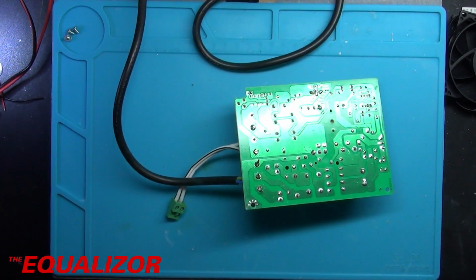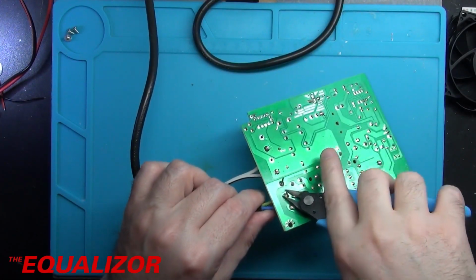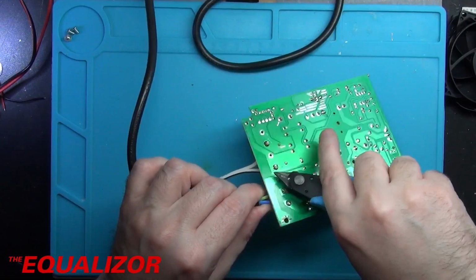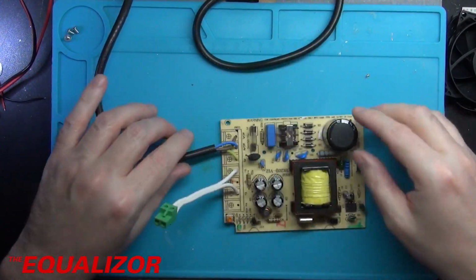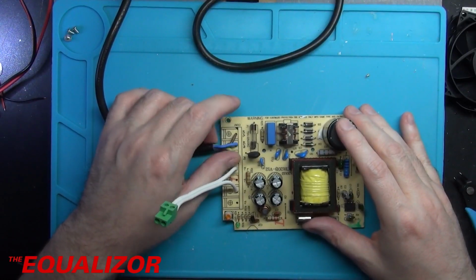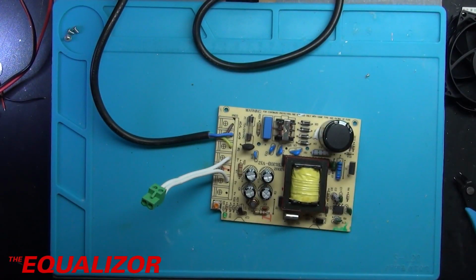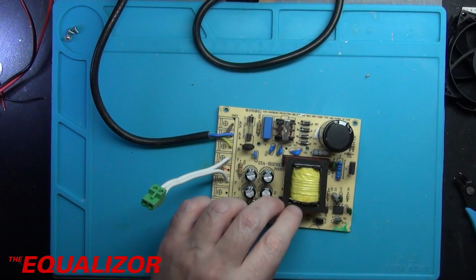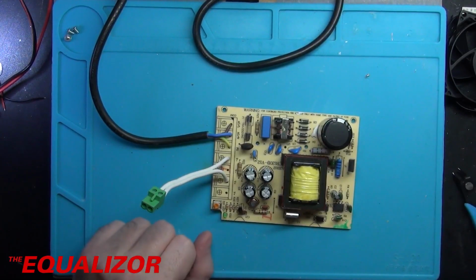That's the main side of things connected up. We'll clip those down. Okay, so neutral, frame, ground, live. Now I can put the power supply back together, and I'm going to refresh, well, not even refresh, I'm going